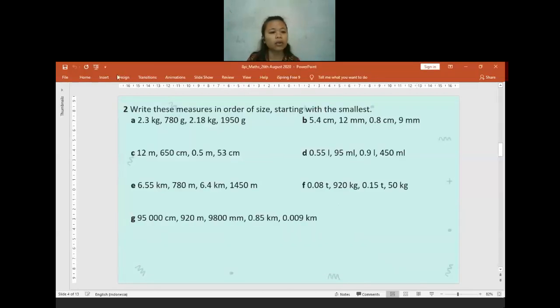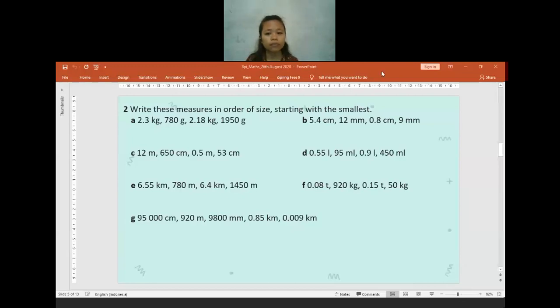In here at question 2, same, we have to find the order of these numbers, but as we see all the units are not the same. So the first thing we need to do is make all the units the same first. So this is in kg, gram. Now for question 2a, do you want the unit in gram or kg? I will follow you. Which one do you want to pick? Change the unit into kg or change the unit into gram? Hello? Which one will you pick? Change the unit into kg or into gram?